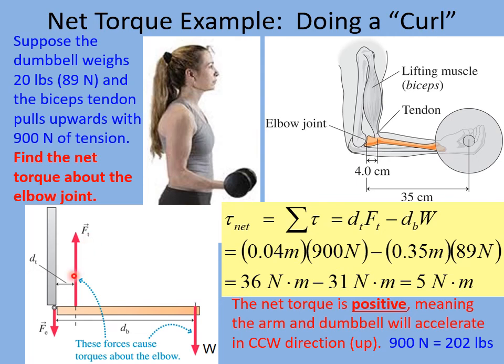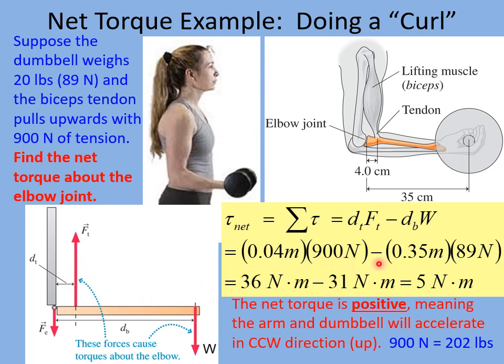So this is a positive torque again, and this would create a negative torque. When we add our torques, we'll do the positive one first. Remember, torque is radius times force. So the radius was 4 centimeters, which is 0.04 meters,